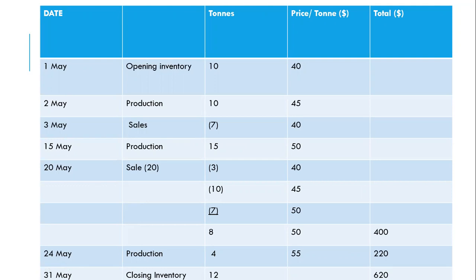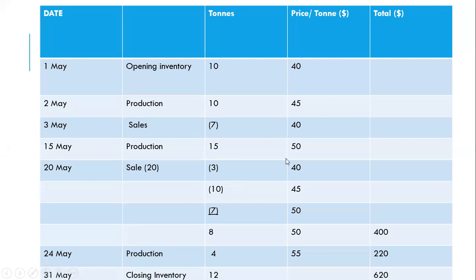So if we are taking the sales of 7 tons from the opening inventory, it's going to be valued at $40 per ton. First in, first out. Then on 15 May, we did additional production of 15